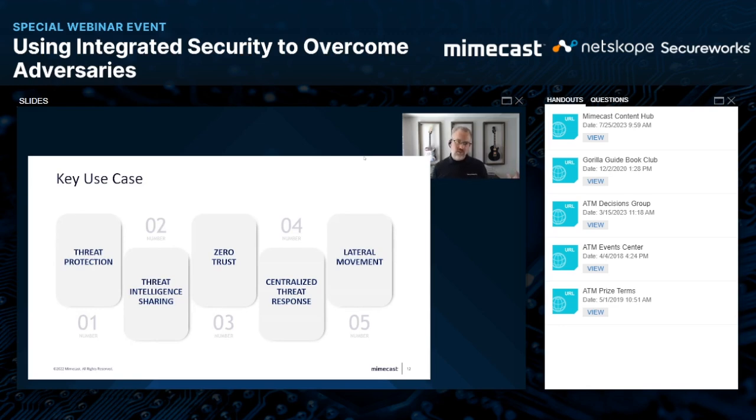And maybe I'll just take some of the use cases that really resonate with me, use cases 4 and 5 together: centralized threat response and lateral movement. Being able to unite these signals into Taegis XDR gives us that control plane where we can reach out and help contain and mitigate threats into other parts of the organization. But as we talked about ransomware in earlier parts of our chat today, lateral movement and detecting when that happens, when the adversary is in, if they can spread quickly throughout other parts of the environment, exfiltrate data, and then move towards ransoming the environment, this is our opportunity to detect a threat.